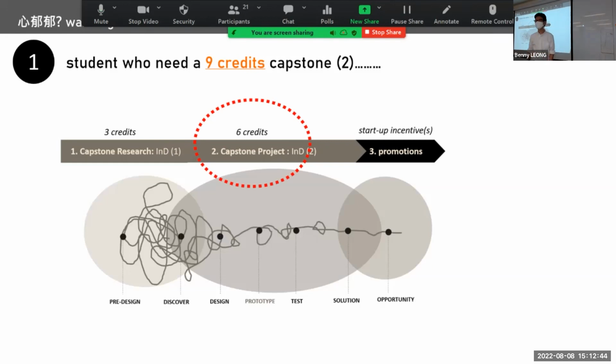It's 6 credits, right? Some of the students may need to take 9 credits in the regular Capstone. As the first semester, Capstone Research Integrated Designpreneurship is the same, that is seen as one subject of the regular Capstone.